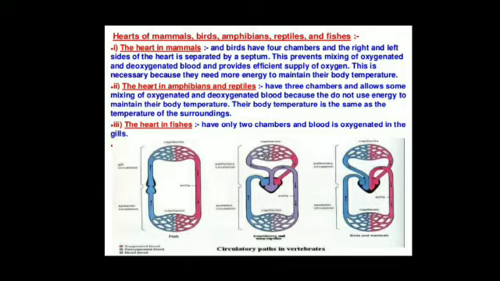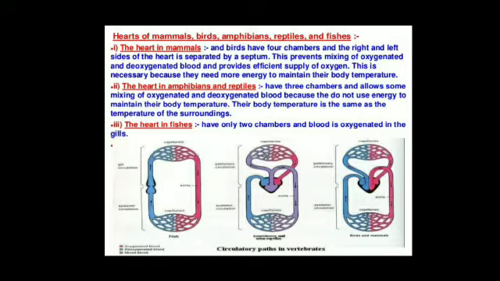The heart in mammals. You are all familiar that the human heart or the heart of mammals is 4 chambered, and in the birds also, the heart is 4 chambered. There is an exception in the class Reptilia. All the reptiles have a 3 chambered heart, but there is an exception, that is the crocodile has a 4 chambered heart.